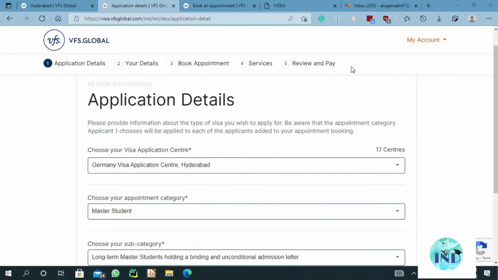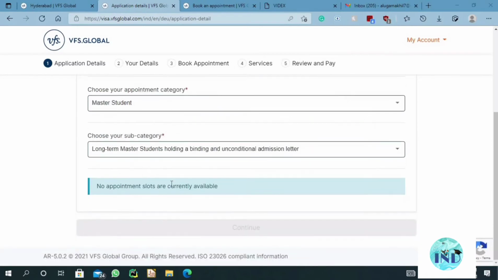But in order to book an appointment, you have to make a payment at the end. I don't remember exactly, but it was 1051, that would be for the appointment booking. You have to keep checking for the slots.